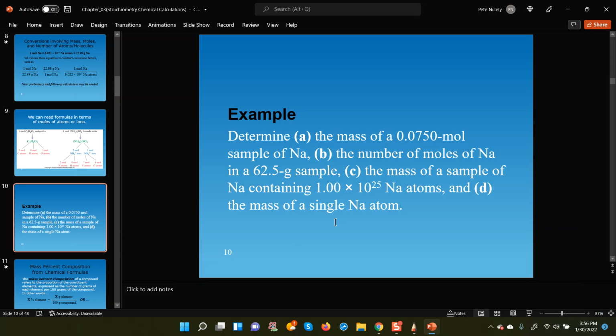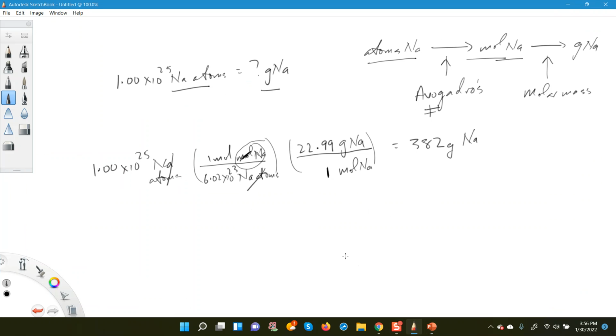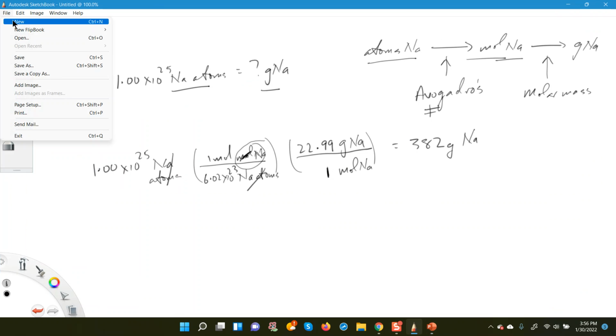And then finally, in the D part, the question is asking for the mass of a single sodium atom. The mass of a single sodium atom. Okay, so let me remove this here. Okay, so the question is asking for the mass of a single sodium atom. Okay, so we know that the molar mass of sodium,